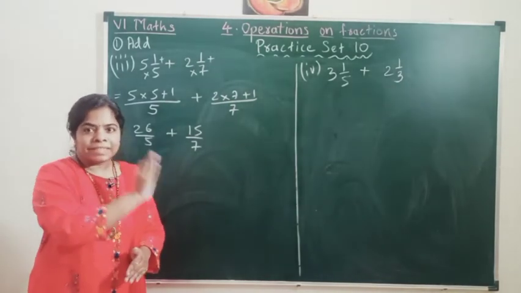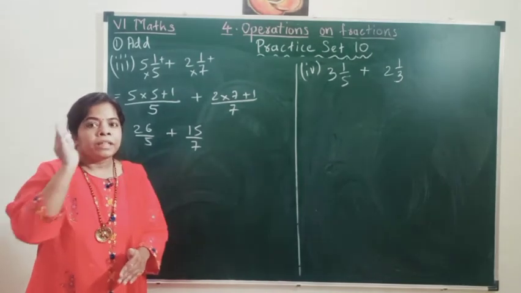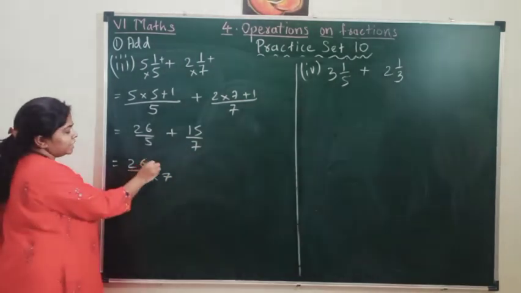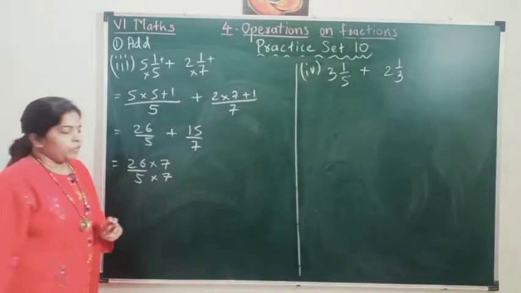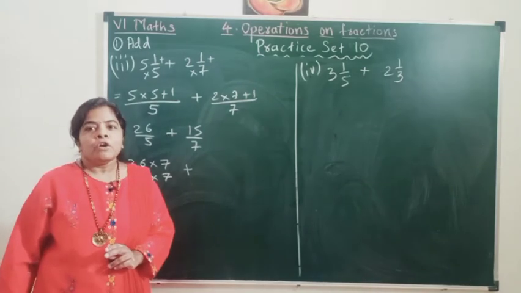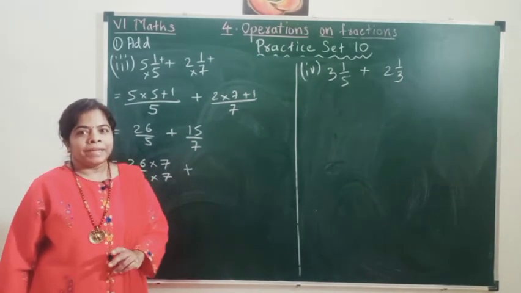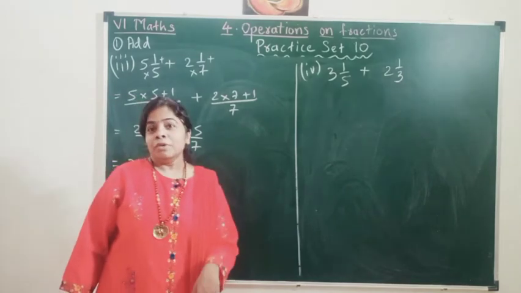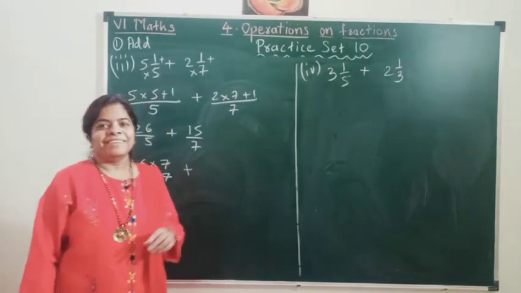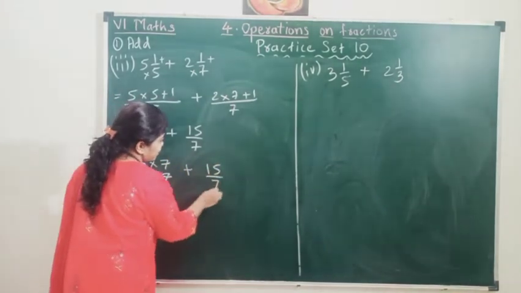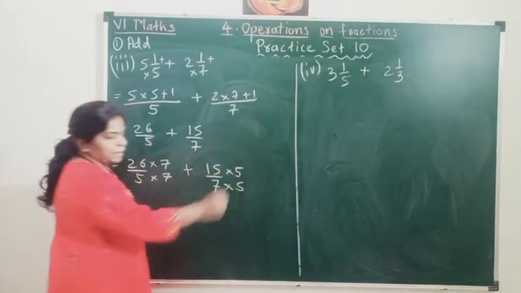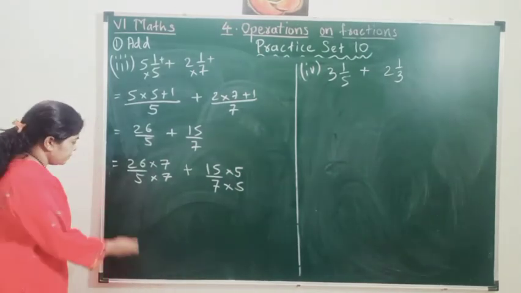So we will straight away cross multiply them. 5 will be multiplied with 7 and 7 will be multiplied with 5. Into 7, same up also. If your parents bring anything for both of you children, if you are 2 brothers, 2 sisters, 1 brother, 1 sister, if your parents bring something for you, you have to share with your brother or sister also. You can't have it alone. Same here. 7 multiplied by 5. Same up also.